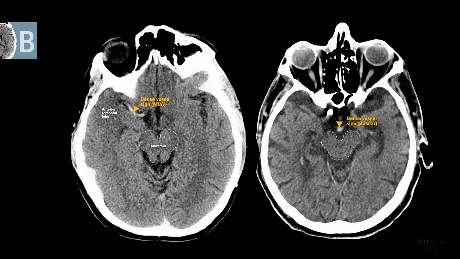You know that all acutely clotted blood looks hyperdense or bright on CT. So these dense vessel signs represent acute clots. Pretty important information to have when treating a patient with suspected acute ischemic stroke.